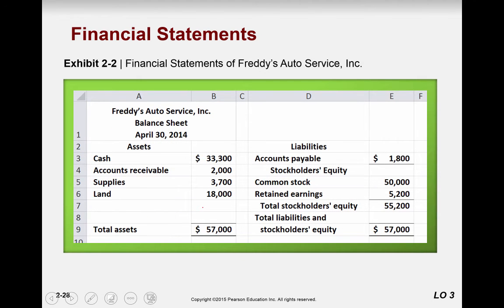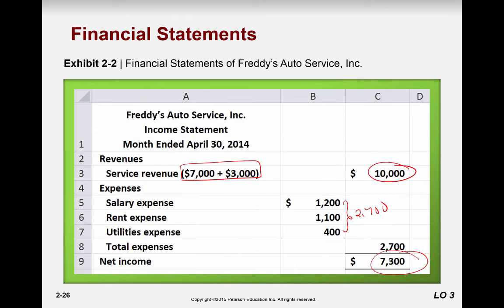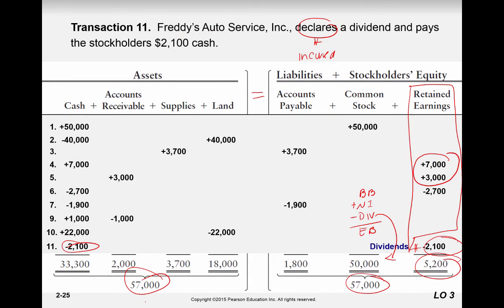So here is our balance sheet now. This is our assets equals our liabilities plus our owner's equity. Let's look at our cash account here. We have $57,000, and if we go back to our transactions, that's our $57,000, where we have cash at $33,300, accounts receivable at $2,000, our supplies at $3,700 and our land of $1,800 because we noticed we had 2 transactions